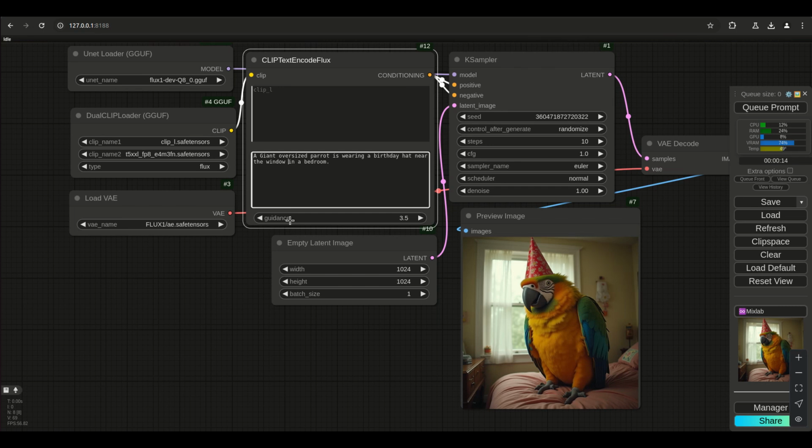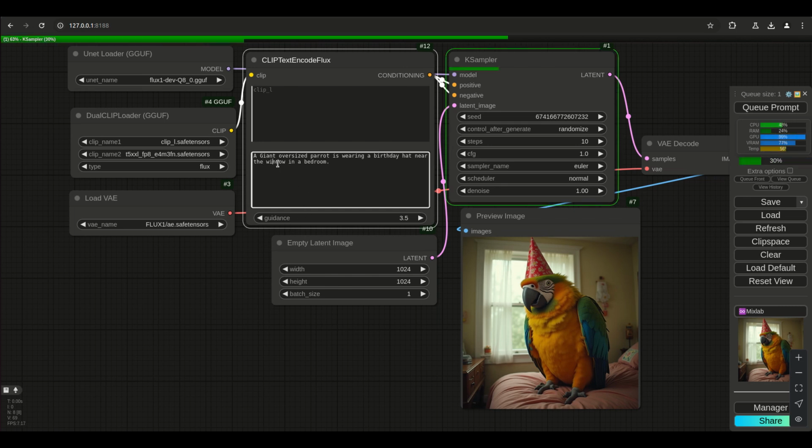So there's an upside to Flux in the sense that you don't have to think about these little ways of trying to trick it all the time. Although sometimes you might need to. For instance, it's not necessarily near the window sill. Maybe you could run it again and see if just running a new iteration will change it. Maybe it'll be more close to it. But we could also say